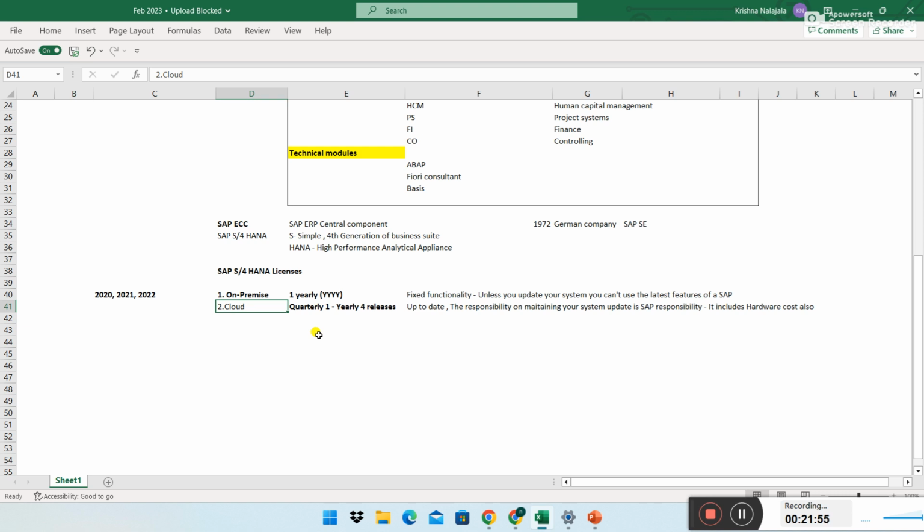The whole responsibility is with SAP, you just pay the amount and be happy. You need not worry about functionalities. But because you get this much comfort, obviously you have to pay more money.